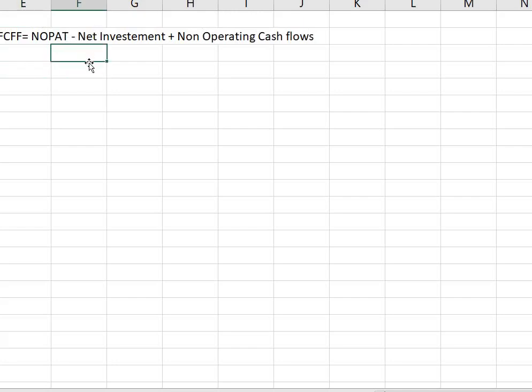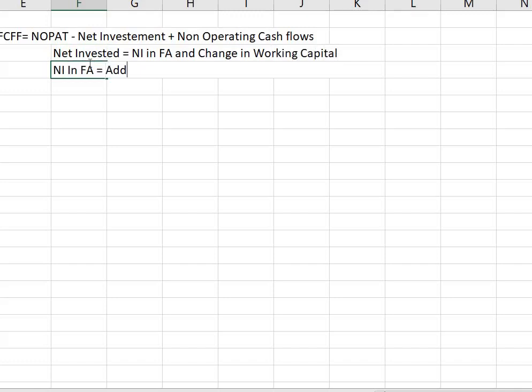Now this net investment is further divided, or you can say bifurcated, into net investment in fixed assets and change in working capital. And this net investment in fixed assets is nothing but the addition we are making for that year minus depreciation of that particular year, right? So this is the formula that we have with us. So let us start with the calculation. First we're making the net investment in fixed assets,